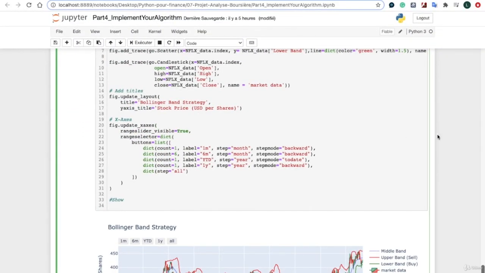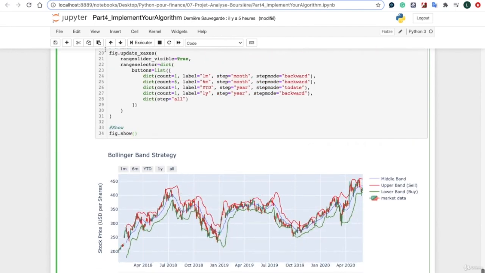Once everything is ready, you're just going to type fig.show, and that's going to be all good. Fig.show. And if you execute,